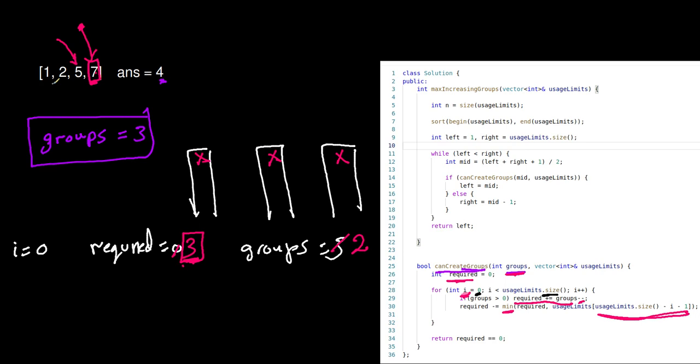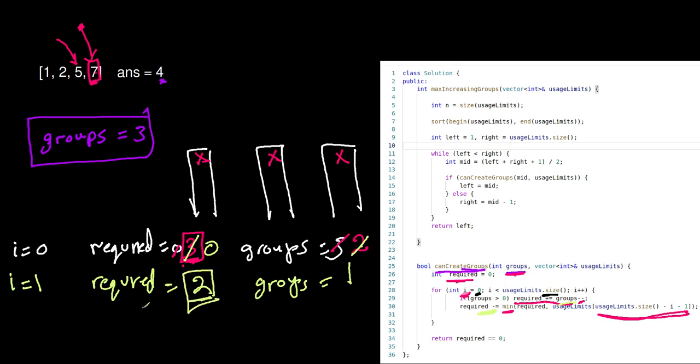The next is 5. Now i equal 1, or before that here we subtract required minus equal min, so we filled 3 elements, and so 3 minus 3 is 0. Now i equal 1, required equal the number of groups, which is 2, and we subtract 1 from this, groups is 1. Now for this iteration we need 2 elements,